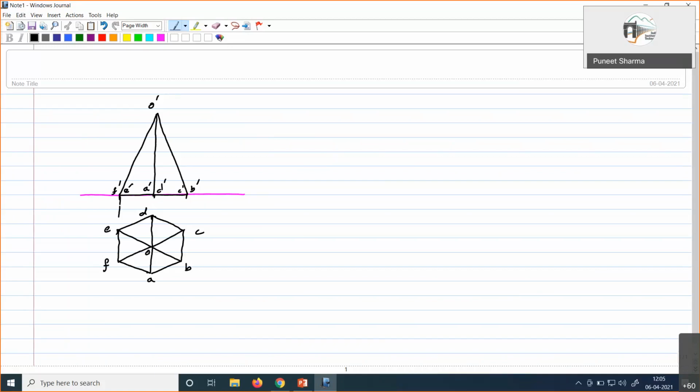Now, if we consider a case, what we had in the previous class, for which someone had asked that I should discuss it for the different case also. So now suppose in the front view, if I consider a section plane, a section plane is passing like this.